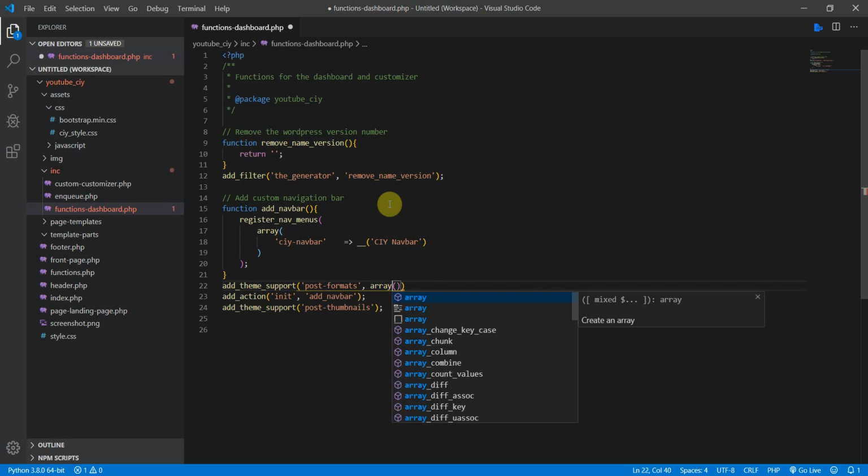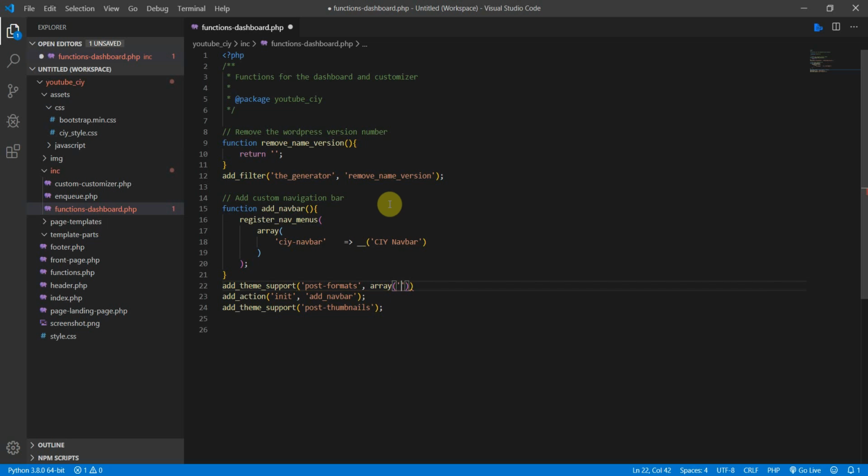So let's do array like that, and then we have aside as a string, then a comma to separate, and then another string, and we're gonna add gallery, then comma, and then link, and then image, then we had quote,